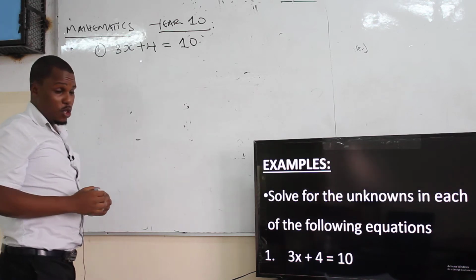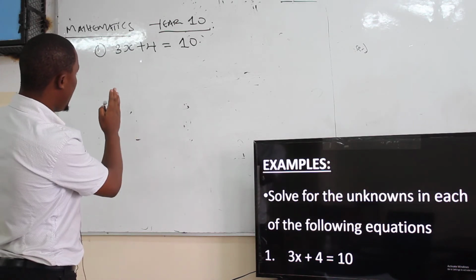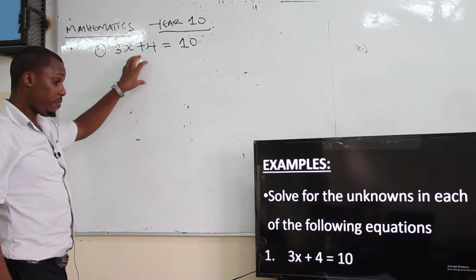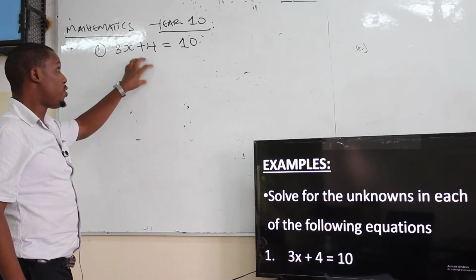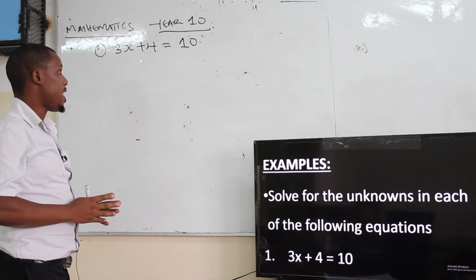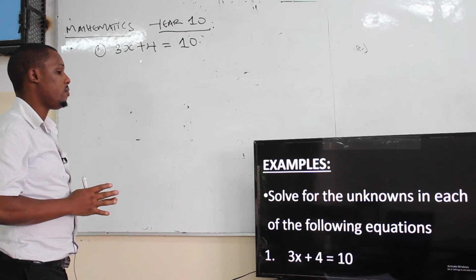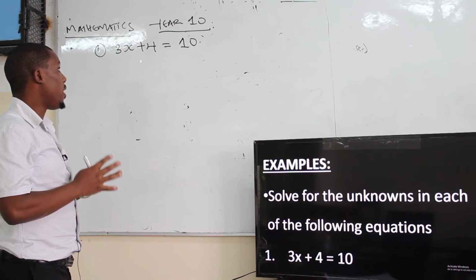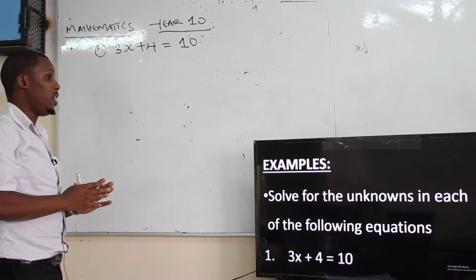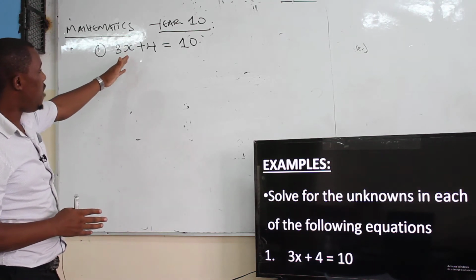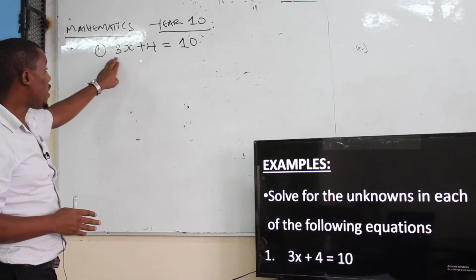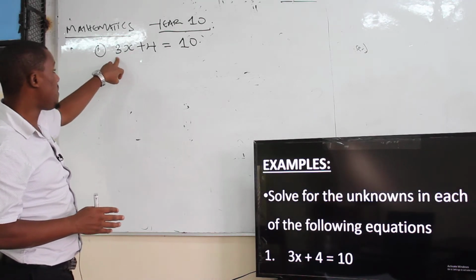So as you can see from my equation, I have two sides: the left-hand side and the right-hand side. And that's why I'm insisting on this concept, you have to make sure that you put the constant terms together. Or you have to collect the constants on one side and the unknown on the other. In this case, our variable is x, and the coefficient of this x is 3.